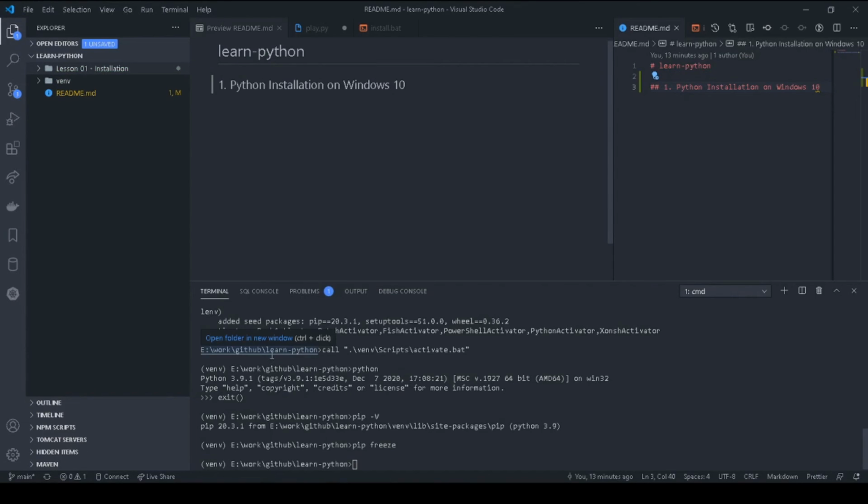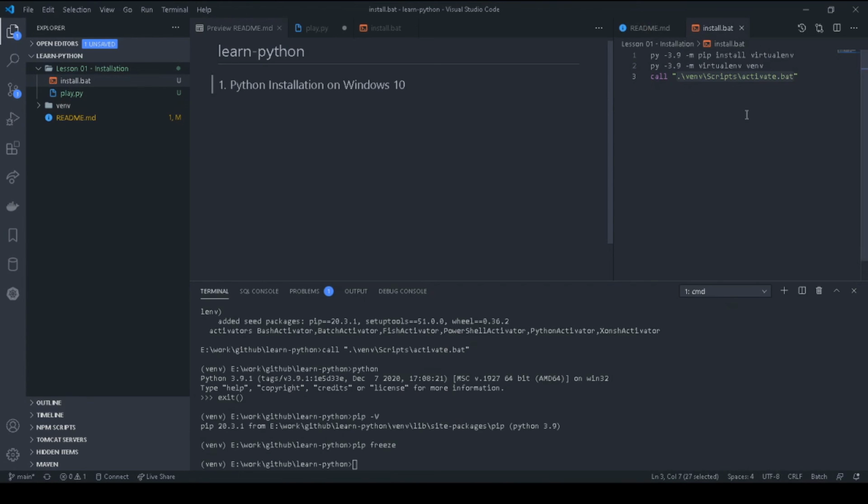Whatever commands we have run so far to set up our virtual environment, I have written them in this batch file. So if we want to set up our environment in the future, we don't need to type from scratch. We just need to run this batch file.